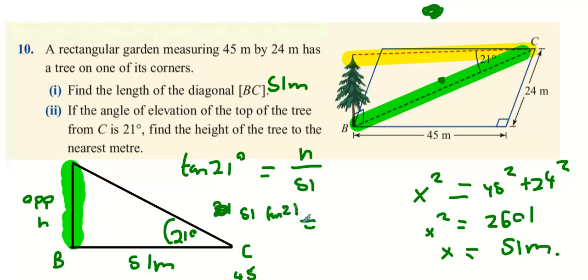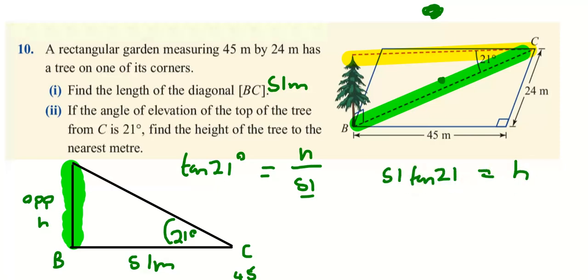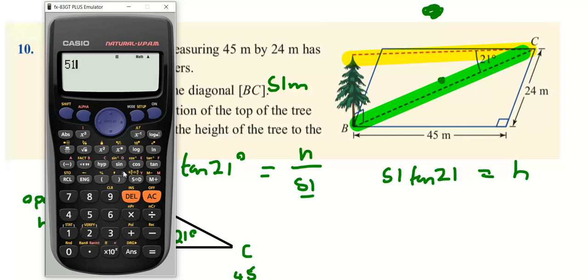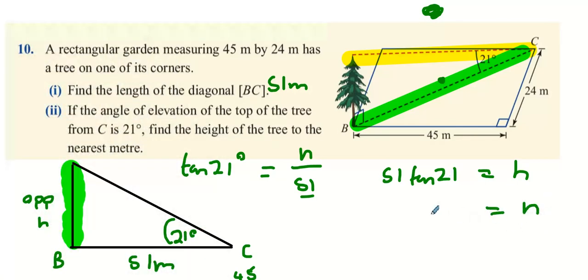Sorry guys, I'll rewrite that. Give myself a bit more room over here as well. So it's going to be 51 tan 21, because division on the right makes a multiplication on the left. That equals your H. Now you get your 51 tan 21, and you get 19.57. I want it to the nearest meter, so it'll be 20 meters. Okay, happy days, guys. All right, that's it. 1, 2, 3, 4, 5, and